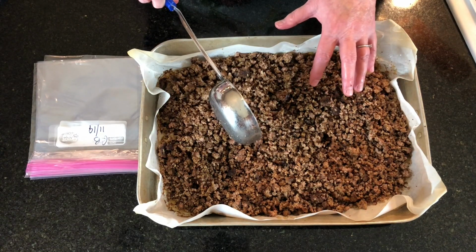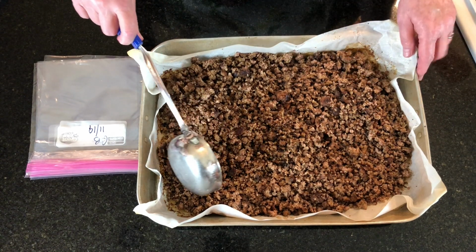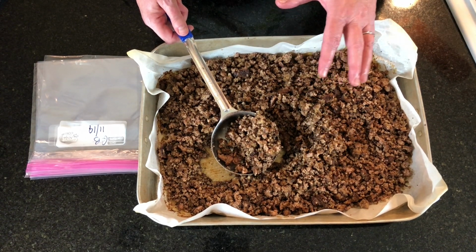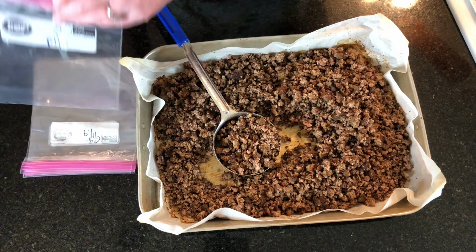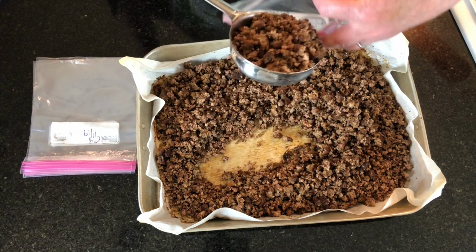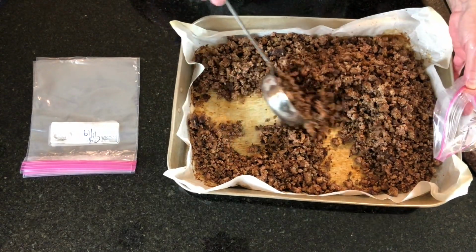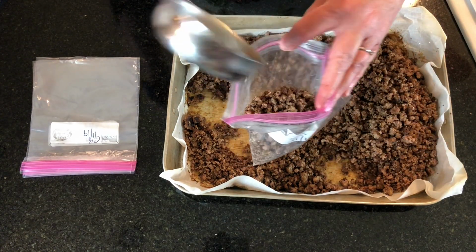Got all my meat broken up, and I've combined both pans into one pan because now it's time for me to put it in the freezer for later use. So I'm going to divide it into 5 different Ziploc bags, about 2 scoops per Ziploc. You know it's not going to be a pound when I put it in the bag because you've lost some moisture. But if you have a recipe that calls for a pound of raw ground meat, this is what you would need to pull out of the freezer to make that recipe. So I'm going to get 5